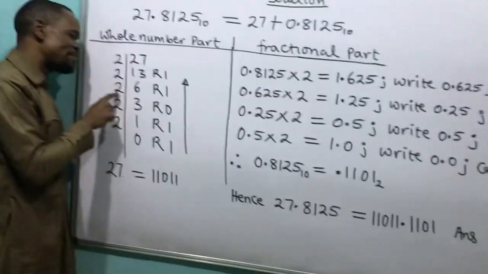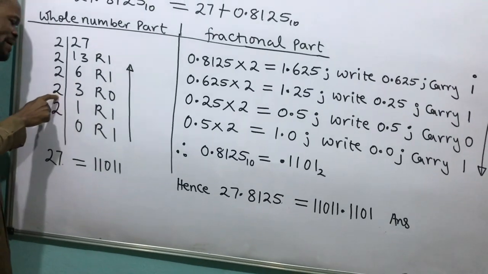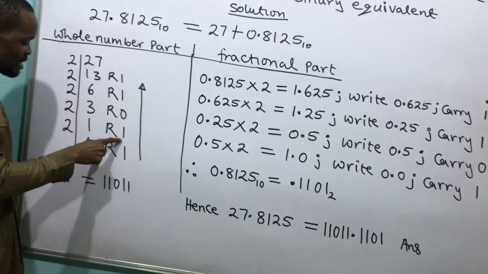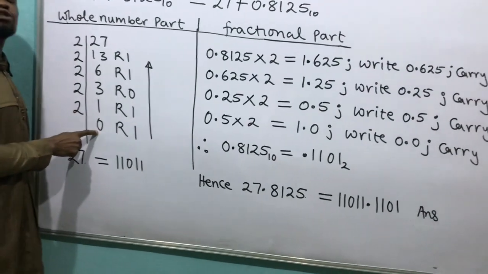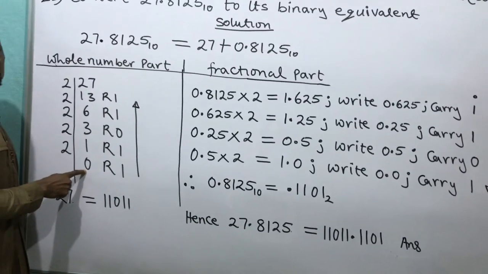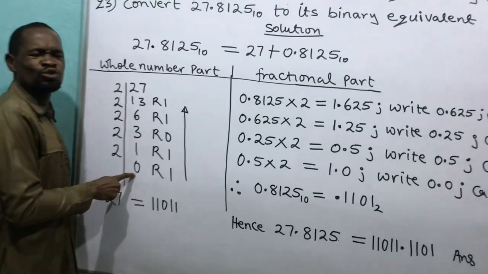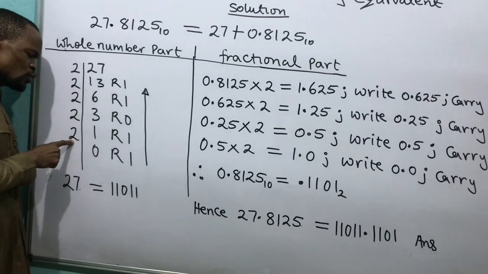And 6 divided by 2 gives me 3, remainder 0. And 3 divided by 2 gives me 1, remainder 1. And 1 divided by 2 will give me 0. When 2 persons divide one thing, they will not go with anything. Rather, they will keep the 1, so that when the thing gets up to 2, they will be able to divide. So we say 1 divided by 2 will give me 0,